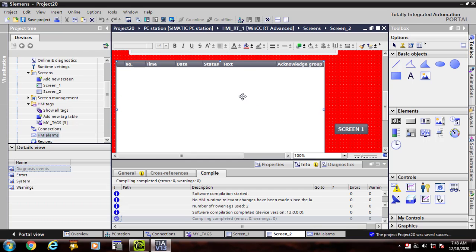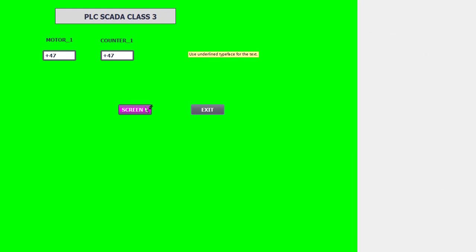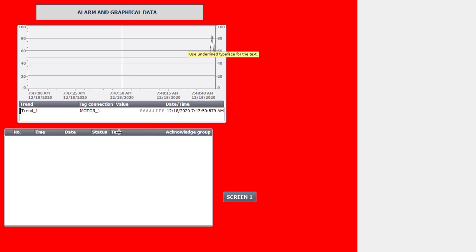I think it is not displaying data. I am once again going to start remote terminal. Go to screen 2. Yes, my alarm is now giving me its indication that motor speed is too high. Whenever my graph crosses its upper limit, this graph is also taking its data from motor speed.